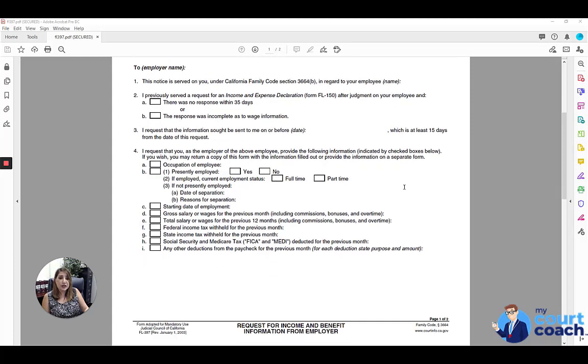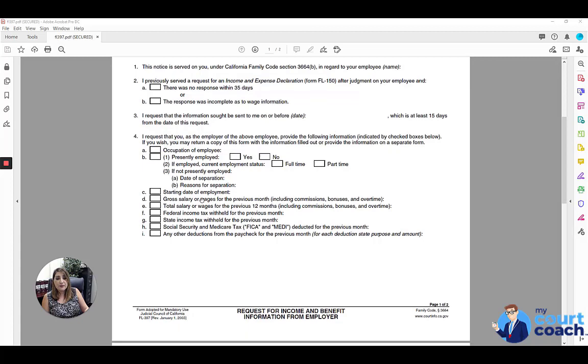Then you're going to check the boxes below for the information you're requesting that employer provide, which they can do so by either filling the information out next to it or providing the information on a separate form. So those options are occupation of employee, whether the other side is presently employed, yes or no, if the other side is presently employed, what their current employment status is, if they're not presently employed, the date of separation and reason for separation, the starting date of employment,